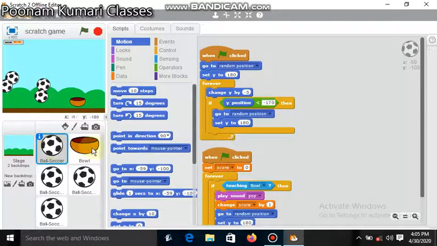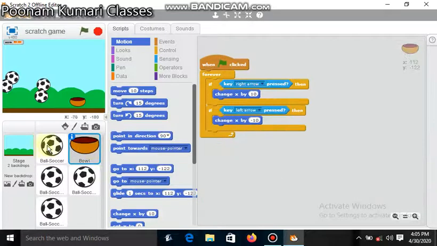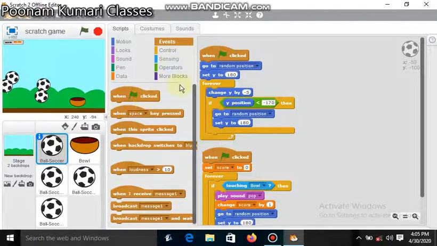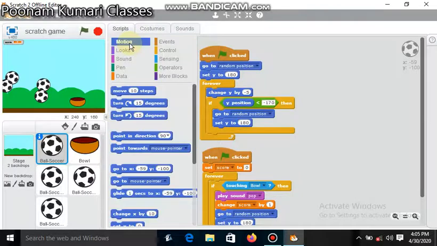First of all, you have to click on the soccer ball. These other two we will take afterwards. First you have to take this one only and insert the script. Here is when green flag clicked, it is available here. Then go to random position.